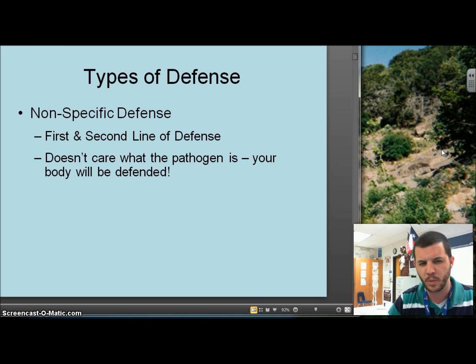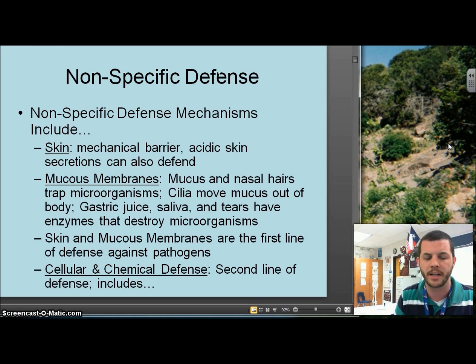Non-specific defense means that it's not going to care. Our body doesn't care what it is we're trying to defend against. We're going to defend against anything that will come our way. This includes skin, mucous membranes, things like that. What that's going to do is keep bacteria and viruses and things like that from